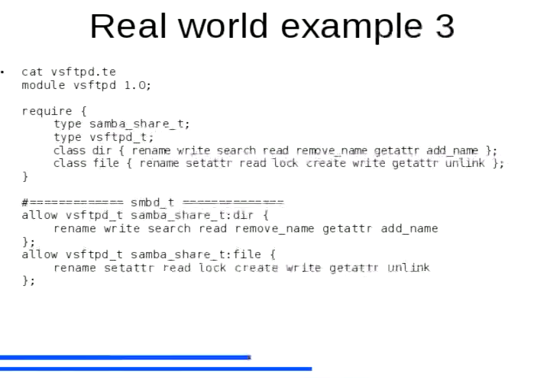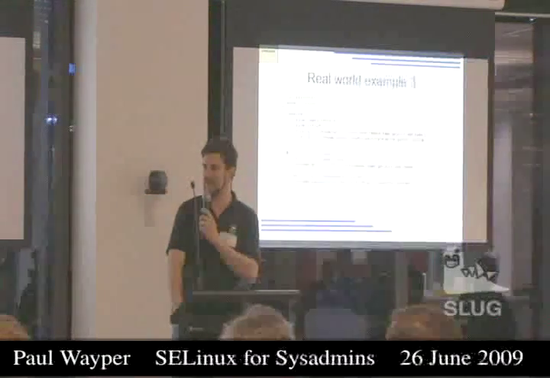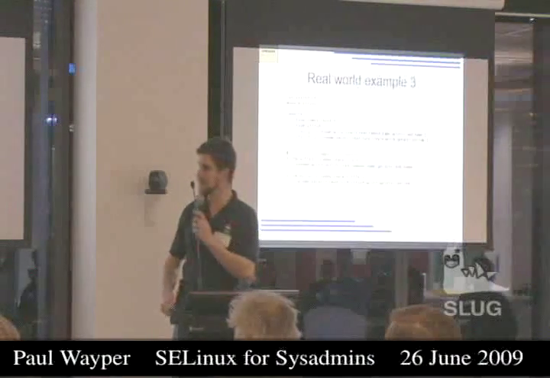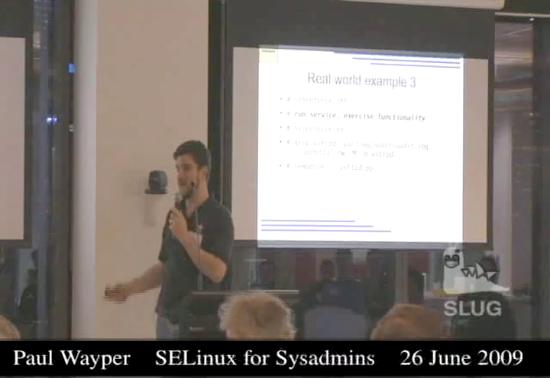What this basically says is we've got an FTPD module. It requires these various objects from SELinux, those two types, and these particular classes of objects. And then we allow vsftpd to do these things to the directories and these things to files. So in that, you can see I've read and written files and unlinked them and created new directories and all that sort of stuff. We then run semodule -i on that policy file,